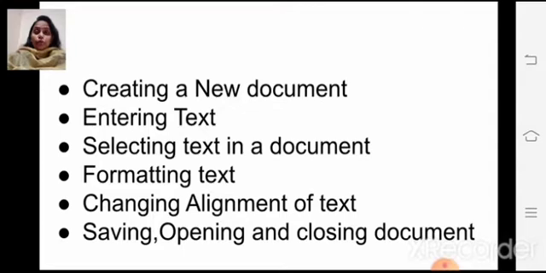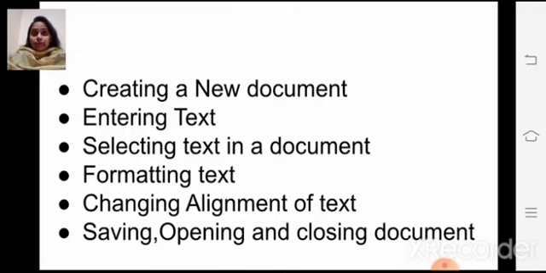Okay, a new document can be created every time you start writing a fresh letter or report. Whenever you open MS Word, you can create a new document. Like when you want to open a new document, you just click on the blank document. You will get a blank page on the screen and you start typing and save it. It is your document.